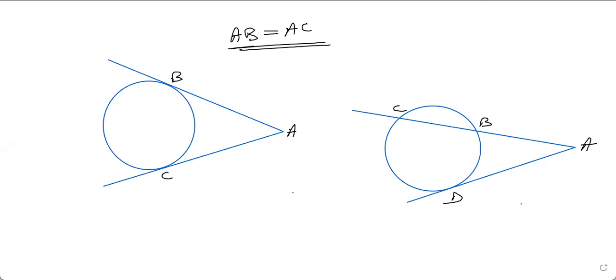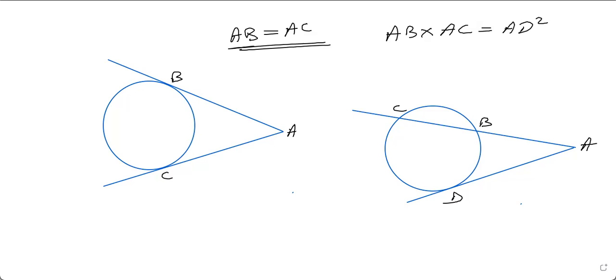Using the theorem of tangent and secant segments, we can say that AB into AC equals AD square. And this theorem, this property, is on page number 79, the last page before the exercise examples. Tangent secant segments theorem. Okay. So we can use this property.